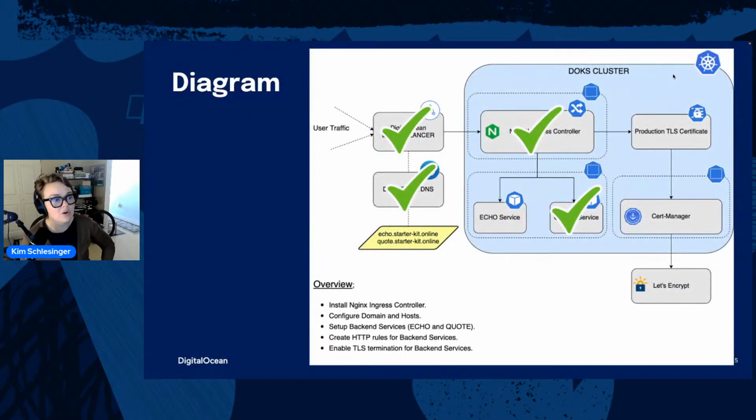Okay, so the green check marks are all the things that we've got set up, and here's what's to come. So what we're going to do next is we are going to install the cert-manager project. And cert-manager is a lot of software that helps you provision certificates inside your Kubernetes cluster. And think back to when we installed, I guess it was Ingress NGINX. The Helm chart gave us some tips. They were like, hey, you need to create an ingress and configure those rules. And then you need a secret containing like a certificate somewhere in your cluster. So cert-manager is going to help us do all of that.